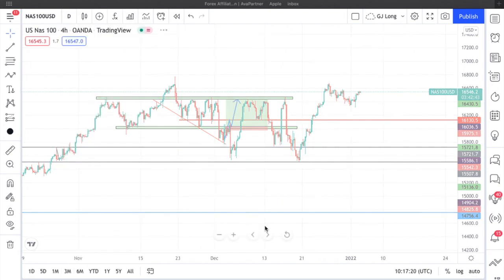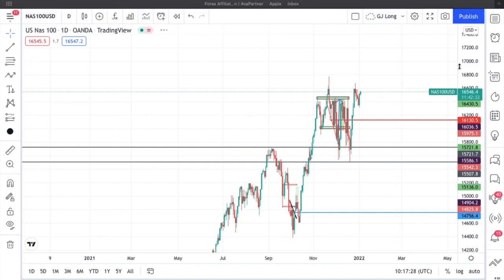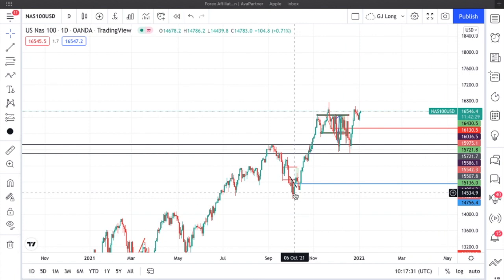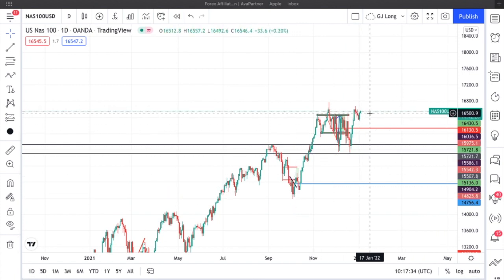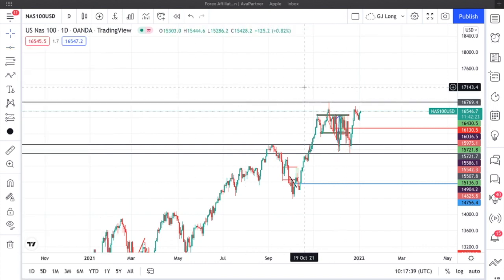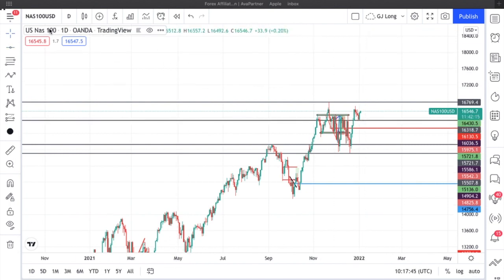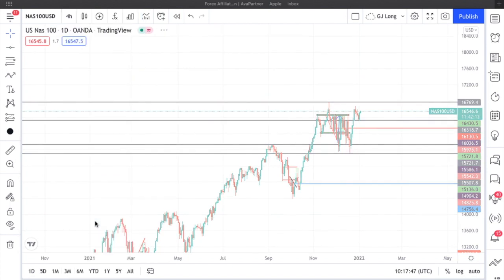So moving on to everybody's favorite pair, which is the NAS 100. What I want you to know about NASDAQ is that it is at its ultimate high, and I think it's going to continue to push to the upside, because I checked the news and I saw that Apple was valued at over 3 trillion. So it's one of the 100 companies that are represented by NASDAQ. So I'm anticipating that it's going to go all the way up to that level and break that previous high, which is 16,769. Understand? So looking at the 4-hour time frame